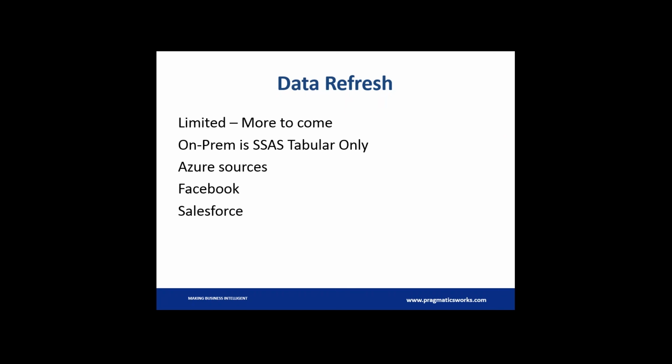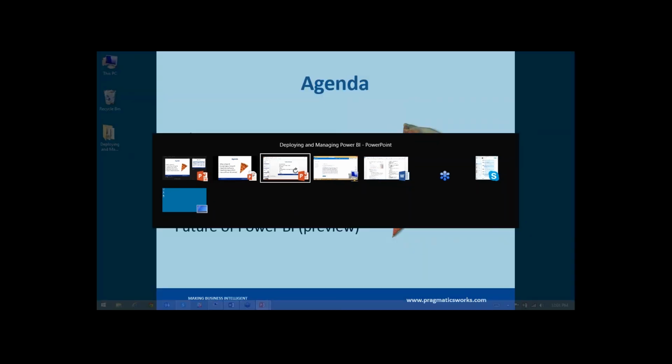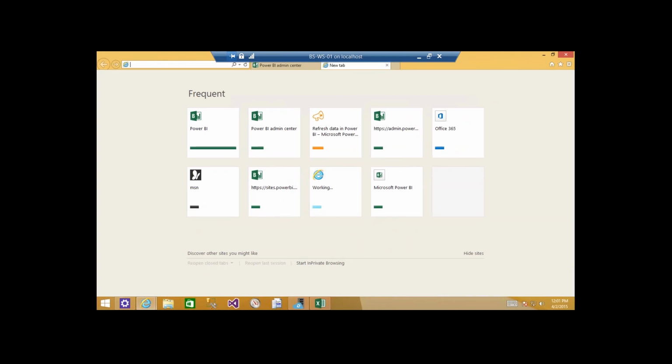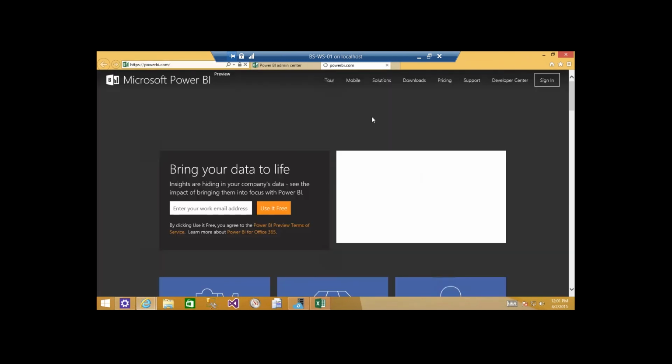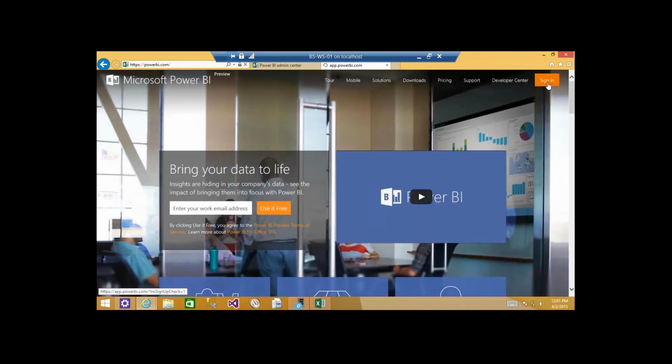You do have some other data sources there online, all the Azure pieces that you can refresh from as well. And real quick, I will just show you one piece of that website, just so everybody kind of knows where to go for this. So just PowerBI.com. I'm going to sign in. And once we get signed in here,